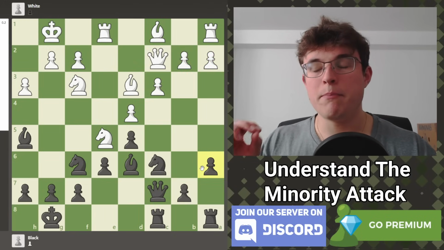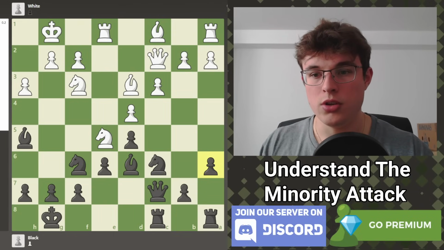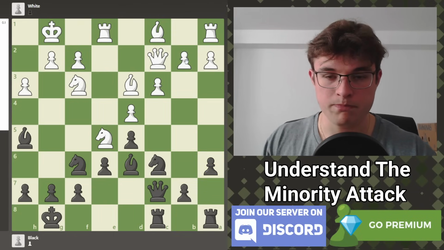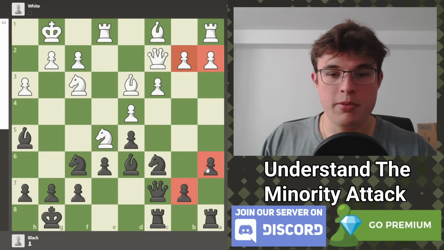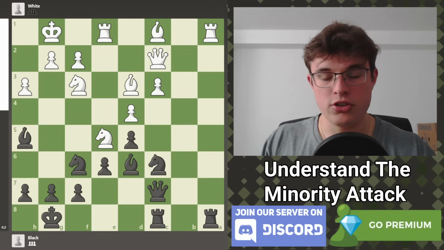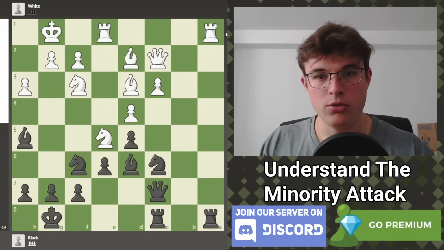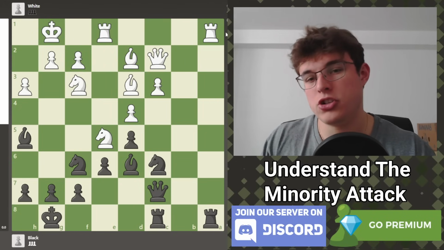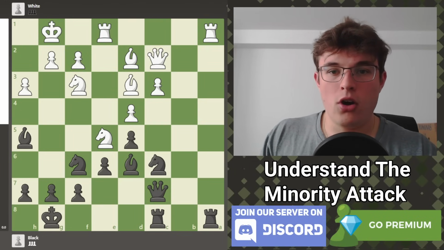Now, the concept behind the minority attack, let me show you if I go to setup position. If we can basically trade off the b and a pawns, so let's say we get rid of the b and a pawns from this position, and let's just put this bishop on d2, for example. This is an equal position according to the engine. Now, the point of this